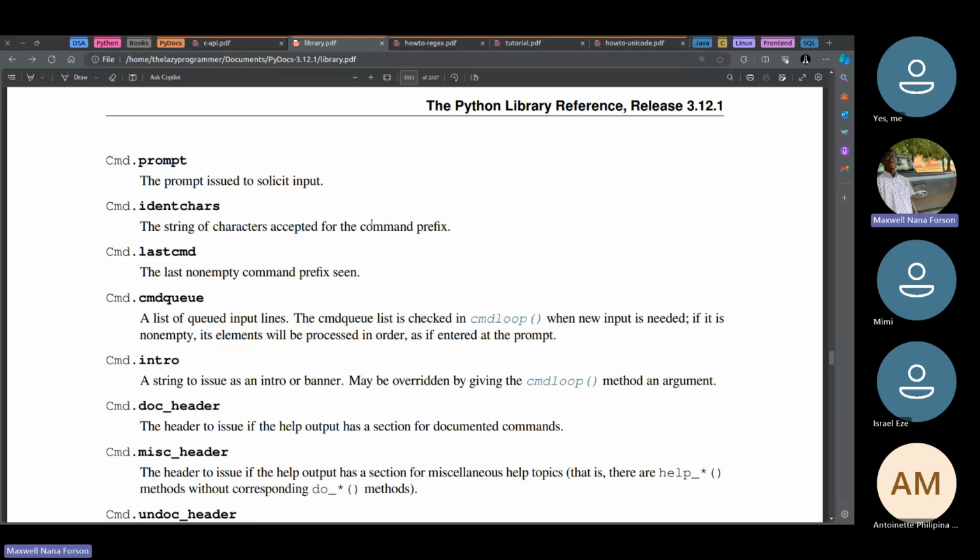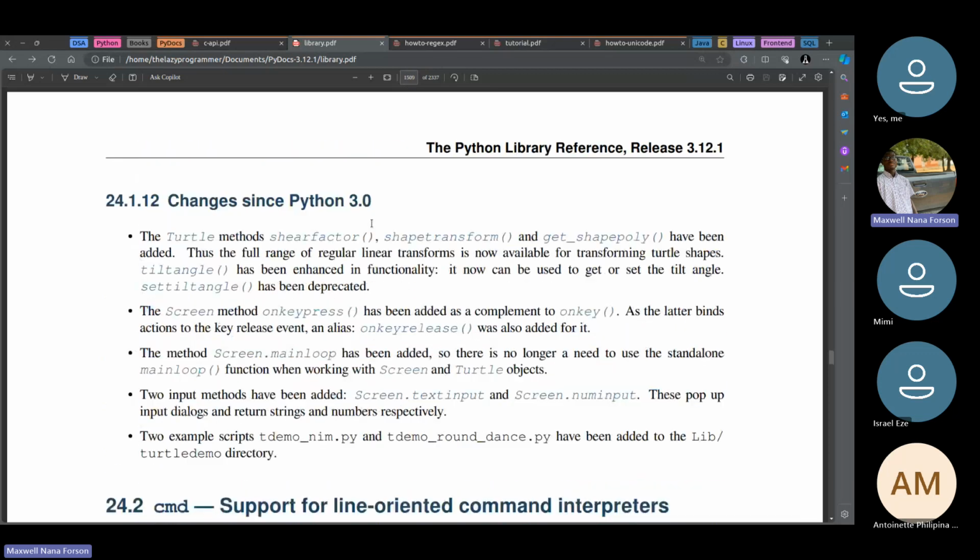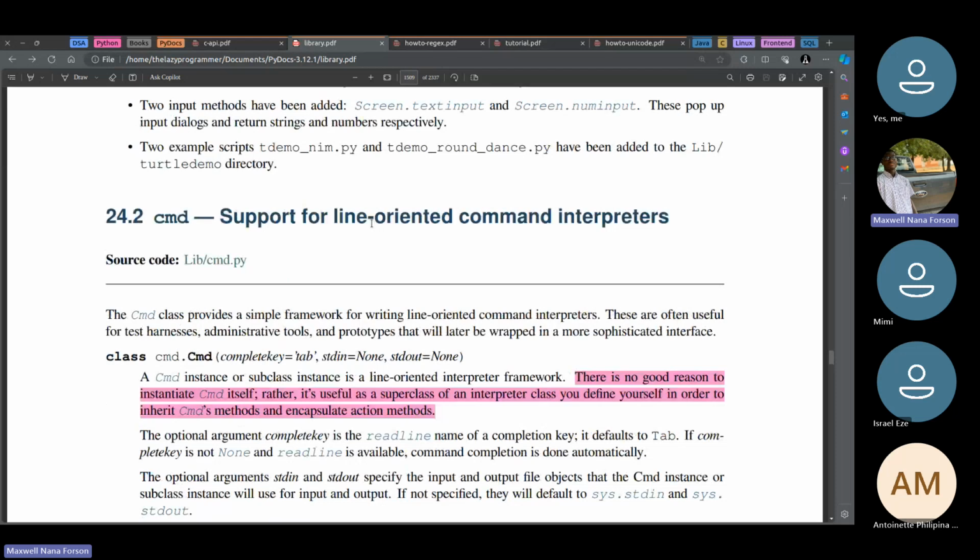So just as the documentation is saying, what we are going to do is this. We are not going to instantiate the command itself. We are rather going to have a class that would inherit this. Okay, so let's go into